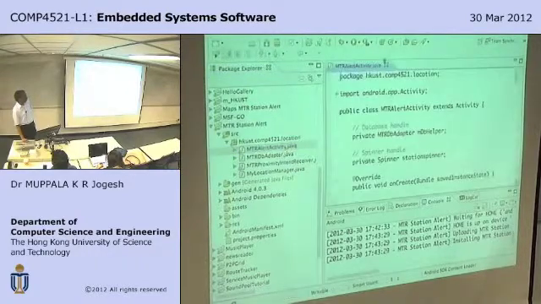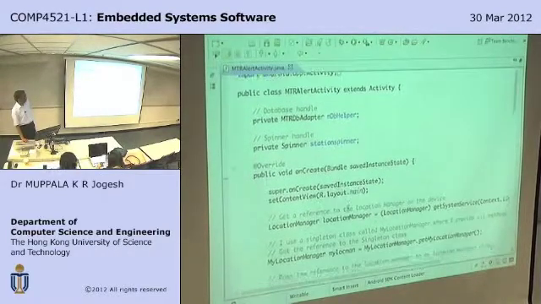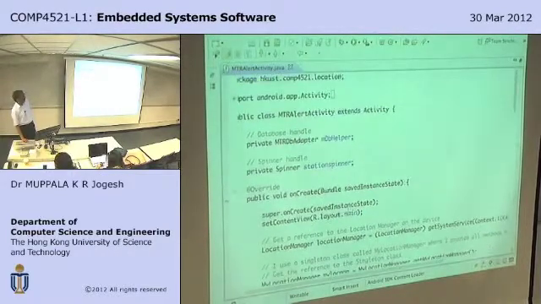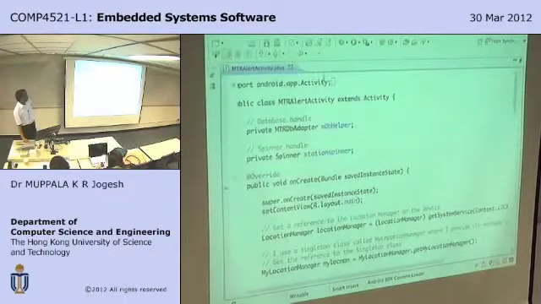Let me go into this MTR alert activity and then go through this briefly. Now, this is an activity. Obviously, this activity controls what is shown on the screen. And this is the activity that enables me to select the MTR station at which I want the alert to be satisfied. So what I do is, within this activity, in the onCreate